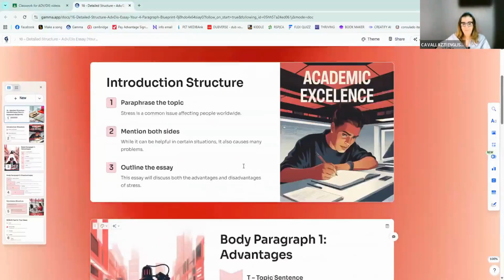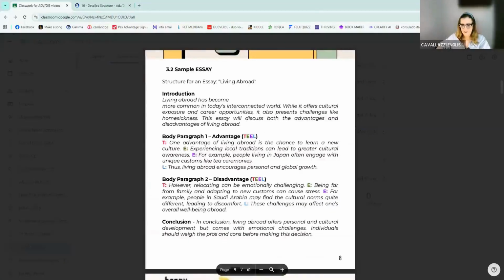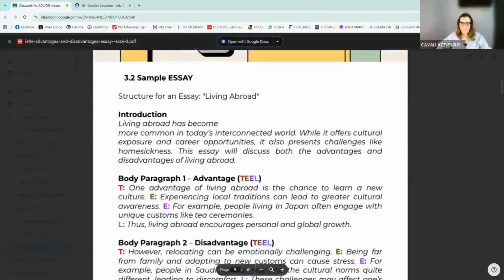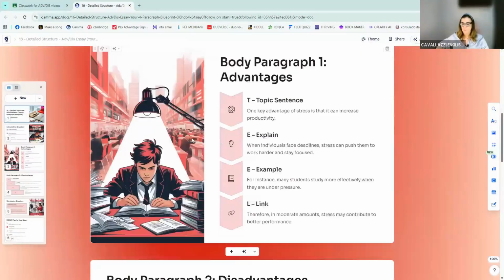So take a look. In the introduction paraphrase, be sure to mention both sides and then right away, clearly present the IC. Here in this context, that's very clear and straightforward. Let me even make it bigger. It's very clear here. So the tell, what are we going to do in body paragraph 1? We're going to use the tell, the topic sentence, my topic, explain, okay? Explain my topic, give an example of my topic, and close the paragraph. And that's what I did here.